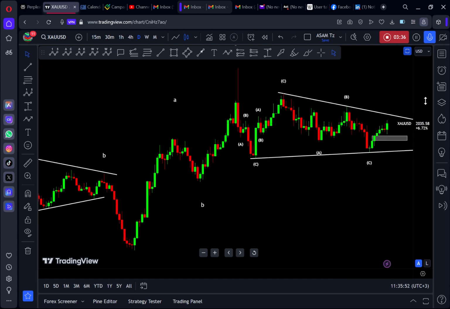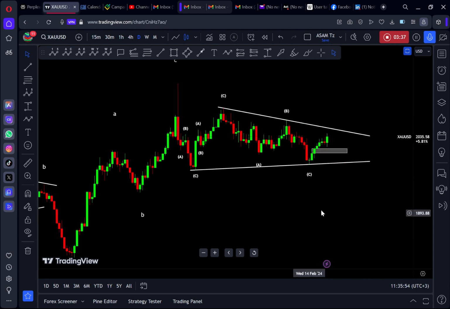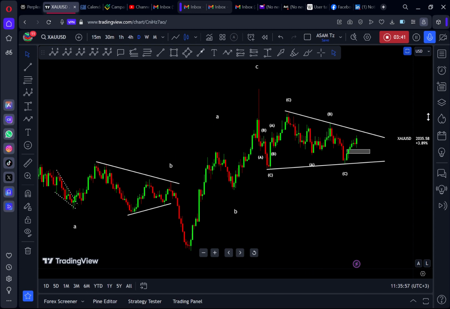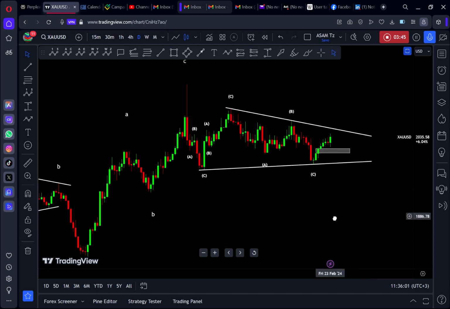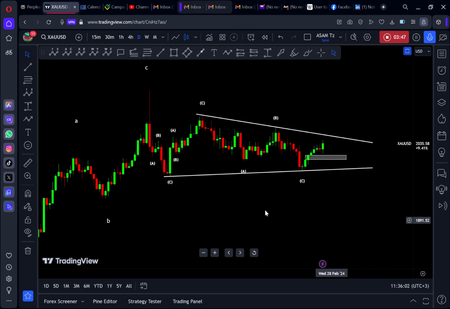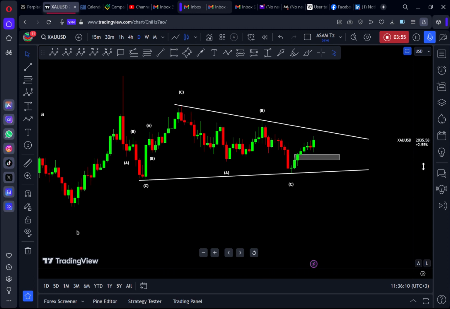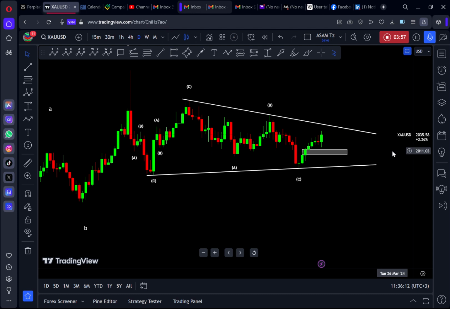So as we go down, you can find that there are a lot of things to consider. Now in daily time frame, we see we have a triangle idea. Actually we see prices moving in three waves up and down. So three down, three up, three down again. So currently we expect to see three waves up. So how are those three waves up going to be created? Actually, we have seen the level is above here.